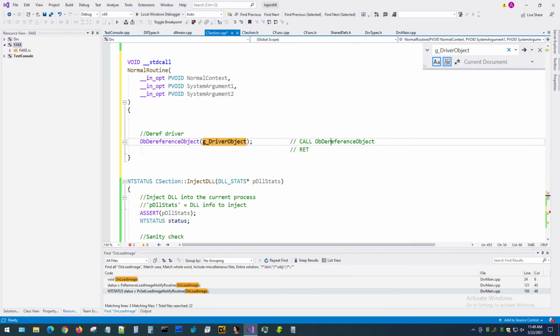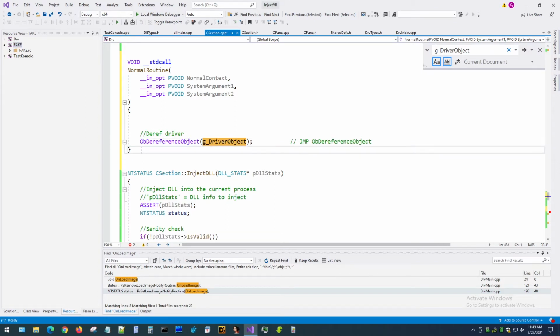So what he does is that instead of a call, he uses jump that will initiate this instruction at the end of our normal routine, with the only difference that the execution will not return back to our driver. Okay, and this is really important to understand so that we do not create a race condition at the end